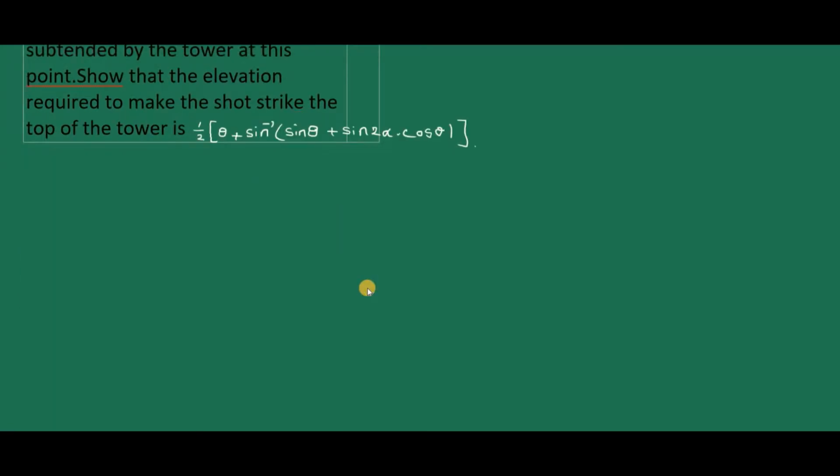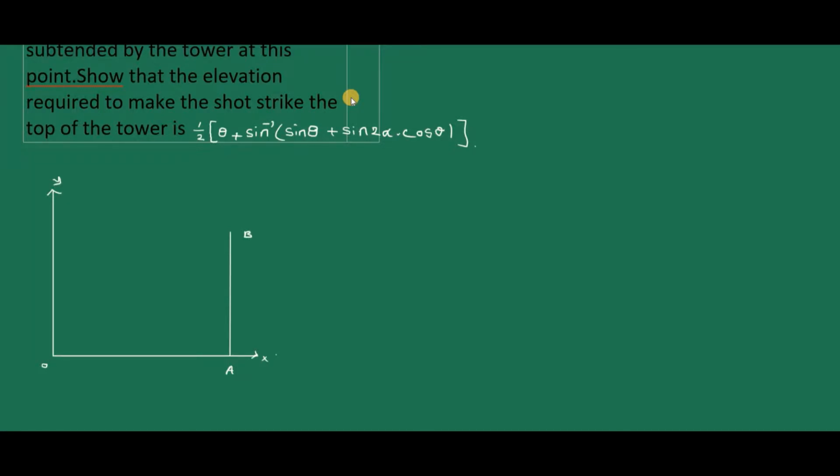So now draw a figure. Let us say this is the x-axis and y-axis. This is the x-axis, which is the ground, and the y-axis. The point of projection is the intersection of the two axes, x and y. Let us say AB be the tower. This is a tower AB. I will write here, this is A and this is B.